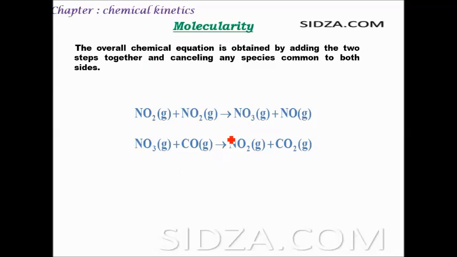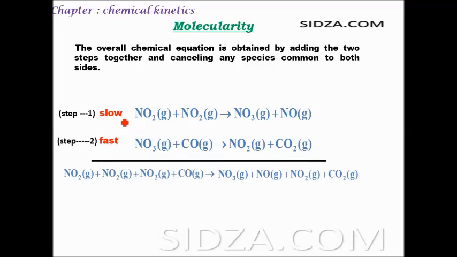Now let's take the same example here. How do we actually find the net reaction? Suppose this reaction occurs in 2 steps, this is the first step and this is the second step, how do we find the final equation? We add the 2 steps here, right? So if you add step number 1 and step number 2, in this one you find NO2 and NO2, the 2 molecules of NO2, then you have NO3 and carbon monoxide, NO3 and carbon monoxide here,